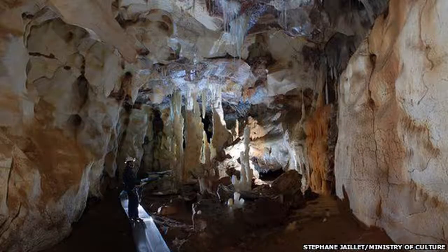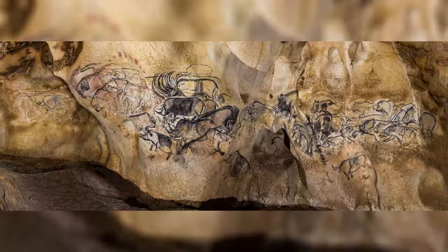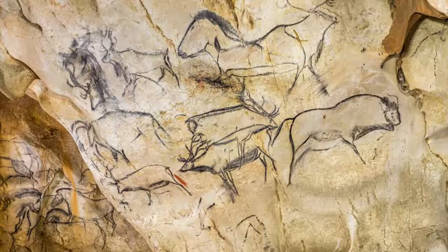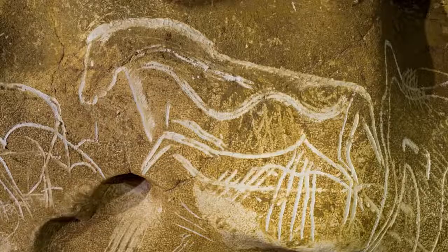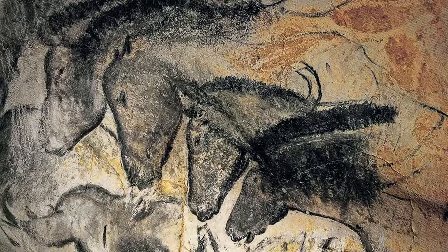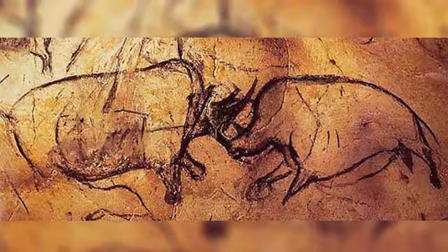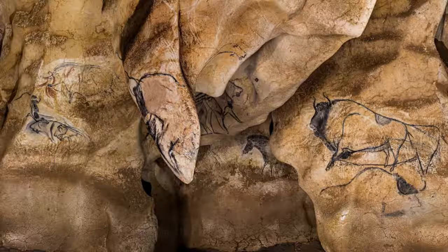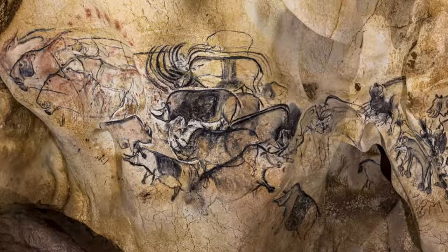350 kilometers away, a group of cave experts found another cave full of extraordinary paintings in 1996. This one came to be known as the Chauvet Cave. And in many ways, these paintings are even more sophisticated than the ones from Lascaux. There's more action in them, like animals locking horns or drawn so as to intimate motion. And the Chauvet paintings are also arguably more detailed,